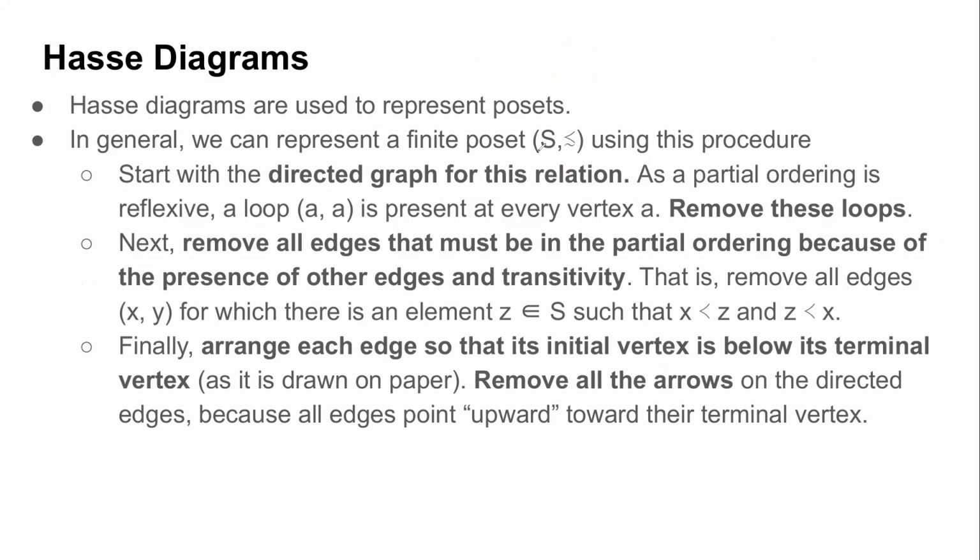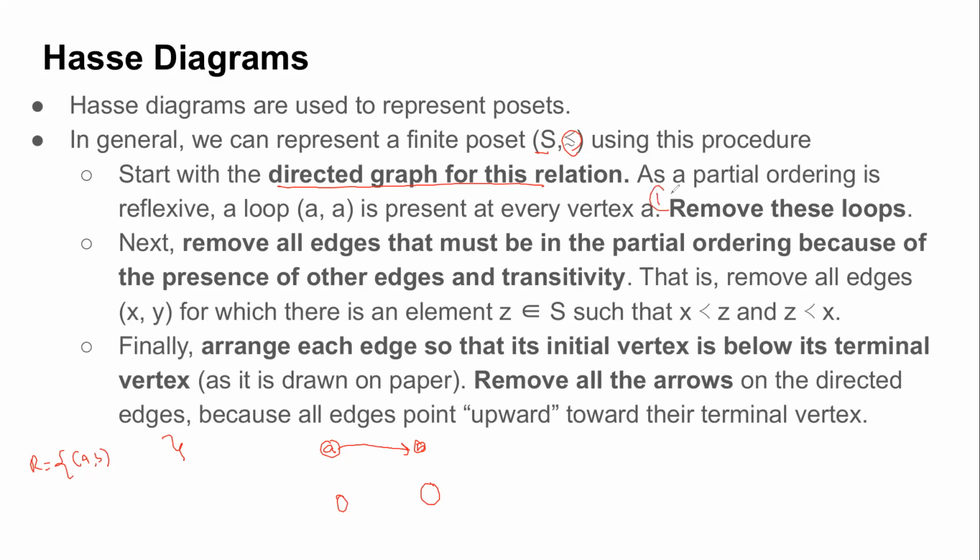Given a set S with a partial order relation, first you have to start with the directed graph of this relation. I assume everyone remembers how to make it. You make nodes for all elements in the set. After that, you draw a directed edge whenever there is an element of the form (A, B), and the arrow is always from the first element to the second element. So you consider the directed graph of this relation. After that, you take three steps. What are the three steps?